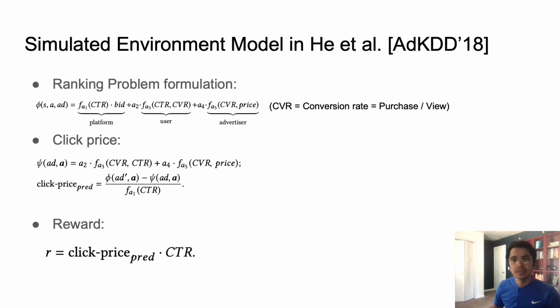Hay 2018 presents a ranking strategy that incorporates a function of click-through rate and the bid price to optimize for the platform revenue, monotonic nonlinear projections of click-through rate and conversion rate of the user, and a function of item price and conversion rate to optimize for the advertiser, and learn scalar A variables to balance the weights of these three terms. The click price is derived from the second price auction mechanism as the smallest price that is sufficient to maintain their allocated positions in the search results. Finally, the reward for the reinforcement learning agent is computed as the predicted click price times the CTR for the